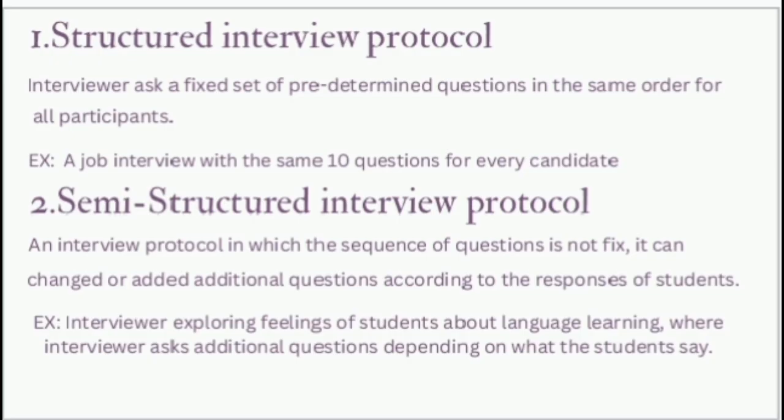So I don't have a fixed question to know about their feelings. I have to change, add, delete, or manipulate my questions on the basis of the responses of my students. So that interview protocol will be known as a semi-structured interview. Why? Because the structure or the sequence of the questions is not fixed.